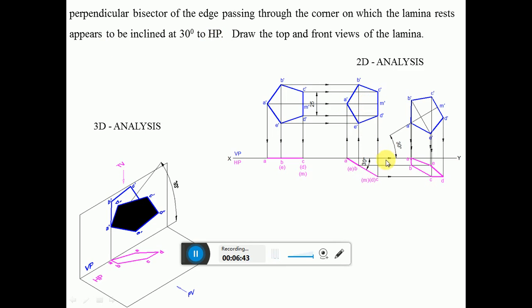So we need to transfer directly, that means we need to reproduce the same sketch here at an angle of 30 degrees. What we need to do is consider any point on the XY line and draw a line inclined at 30 degrees. So what we are drawing is an apparent inclination line, so the length is also apparent. You take the distance from A dash to M dash, consider any point on this line and mark that point.